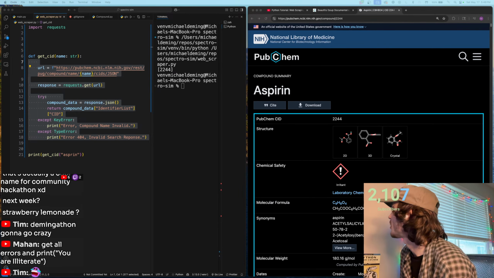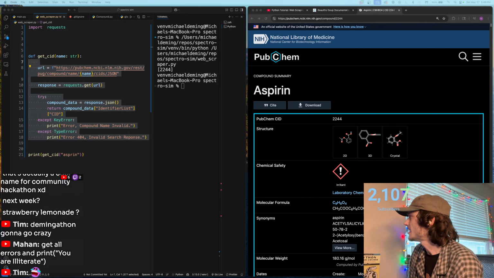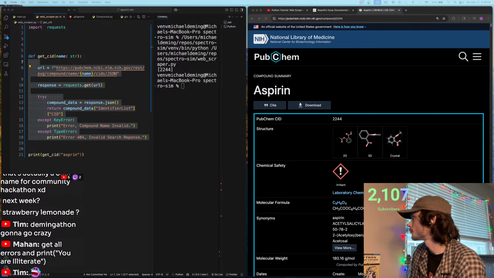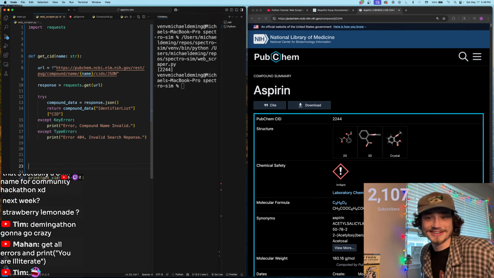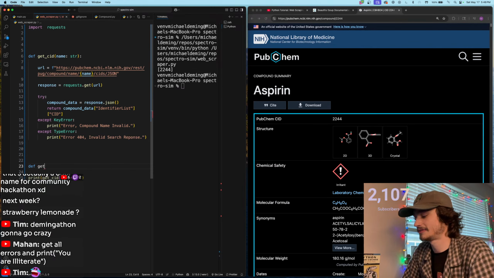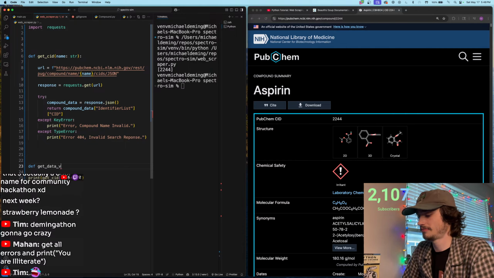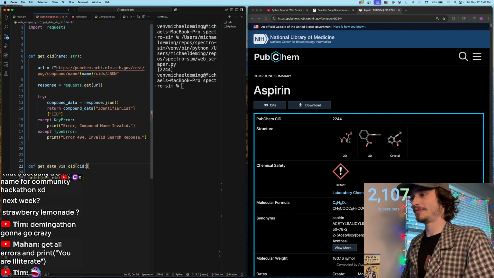Use the CID to get the compound's full data. Write a function that takes the CID, sends a request to the PubChem PUG View endpoint, retrieves detailed metadata. Okay, now we gotta write another function. Haha! Let's go! All right, so def get data via CID. And then you'll put in the CID, which is a